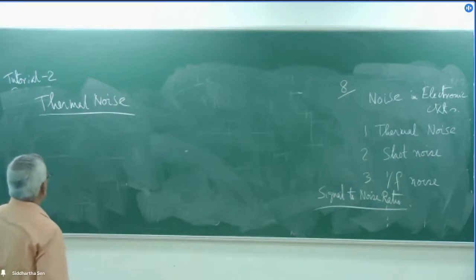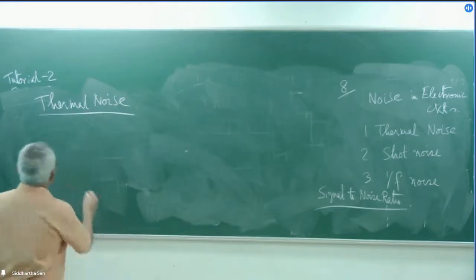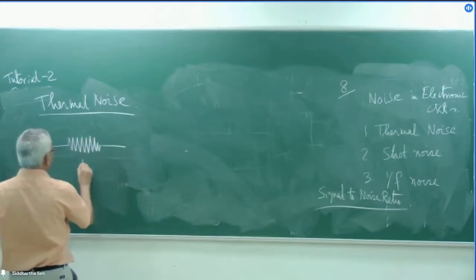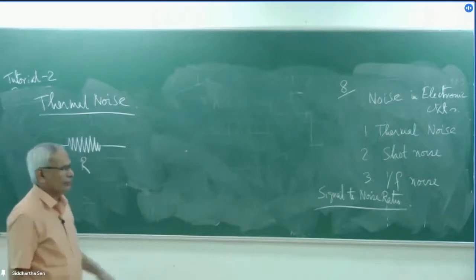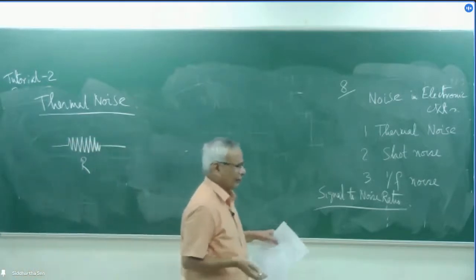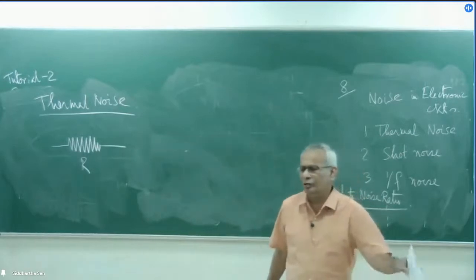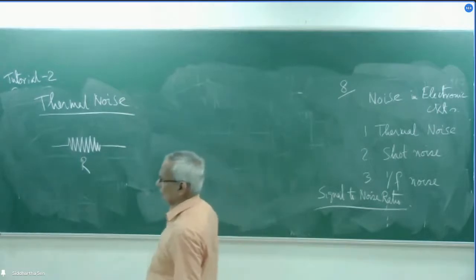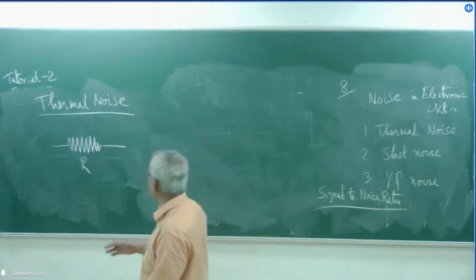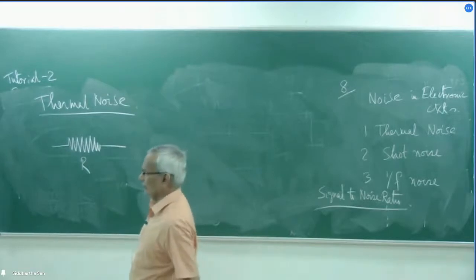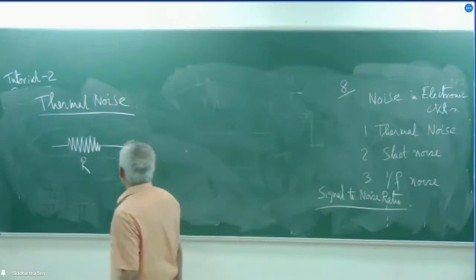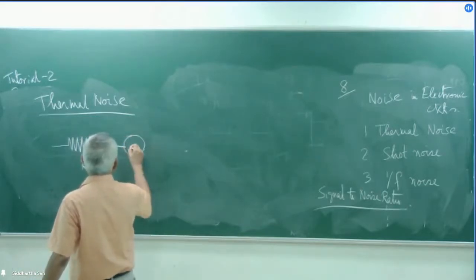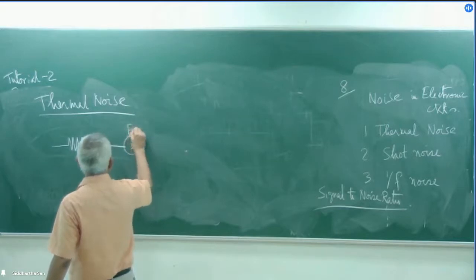So the thermal noise is basically caused in the resistive elements. Suppose there is a resistance here, and due to the temperature there would always be some random fluctuations and travel of electrons inside it. As a result, some noise current would be generated, or equivalently, we express it in terms of ET